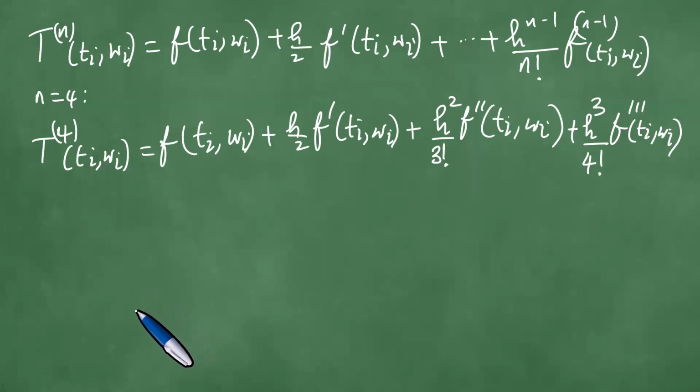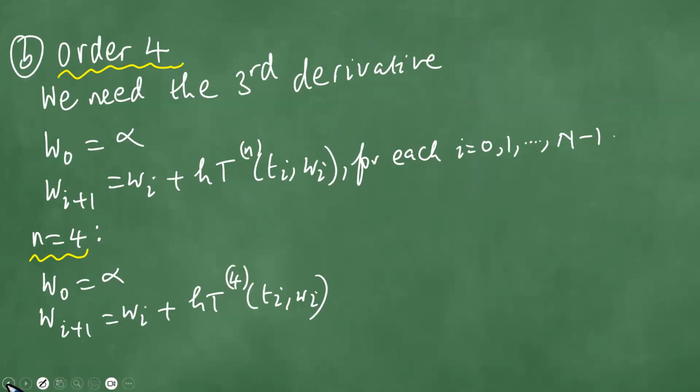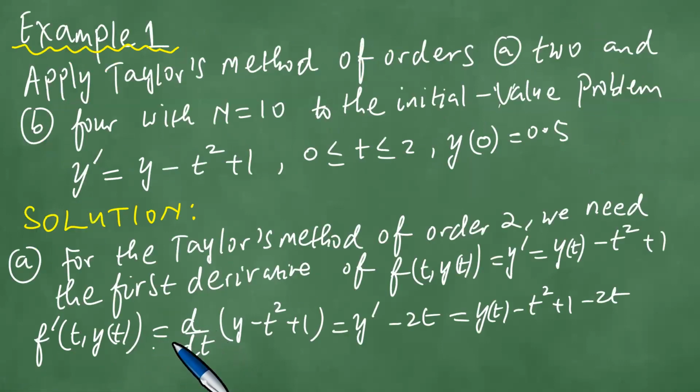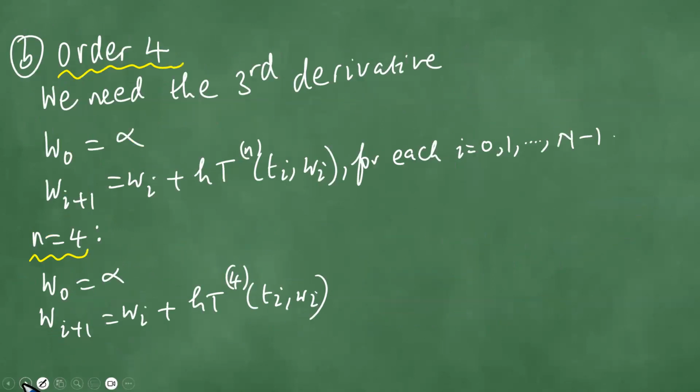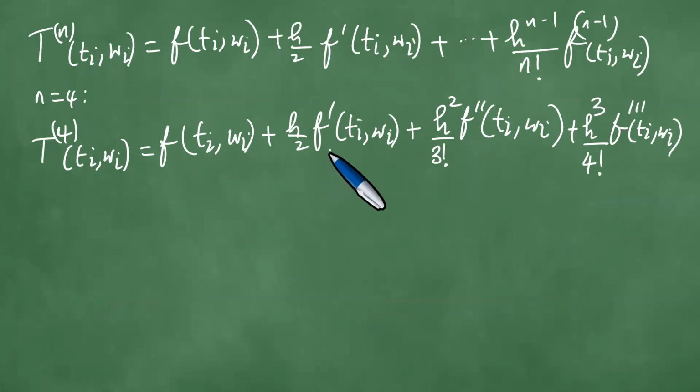But what is then the meaning of these? So we need different f's here. Let's start with the given one. So now we have the f, which is the first derivative, which is exactly that one. So I'm going to write that one down and then compute the rest of the derivatives so that we can plug them in. But we know that f of Ti, Wi, like so,